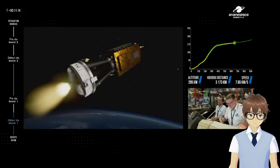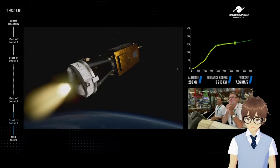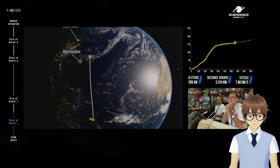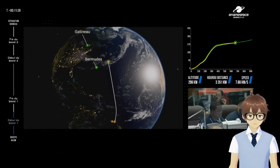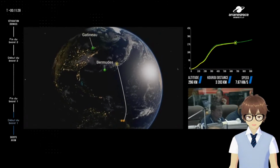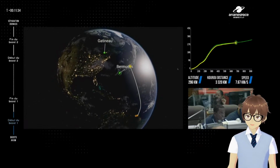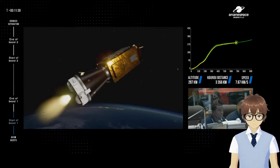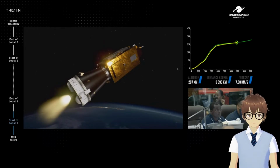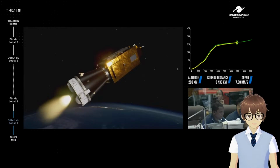And to give a little bit more information, after the first stage of this ignition, it will do some ballistic coast phase. Basically, it's not going to ignite anything, it's just going to stay there. Okay, already picking up signal at Gatineau in Canada, and then after the first burn, it will basically just relax and coast a little bit along the Earth for a few tens of minutes